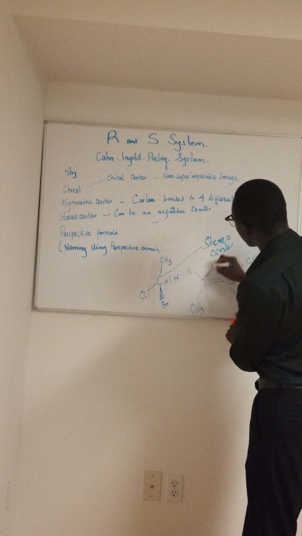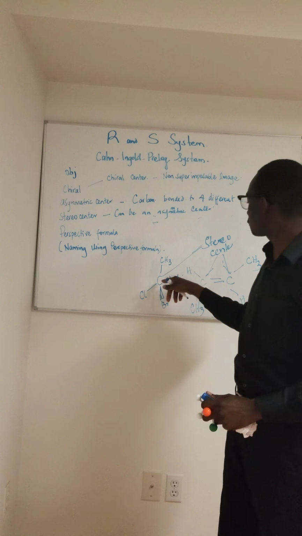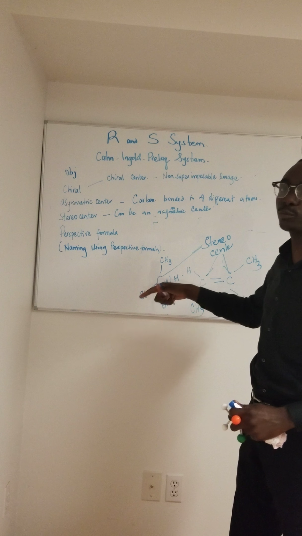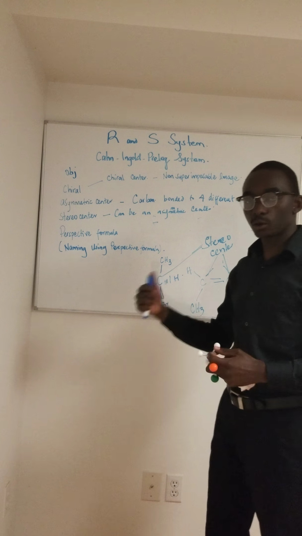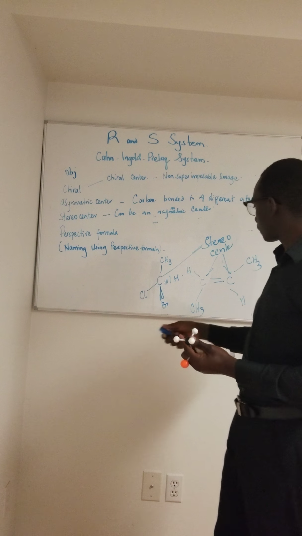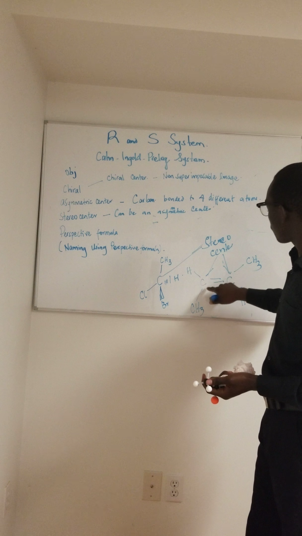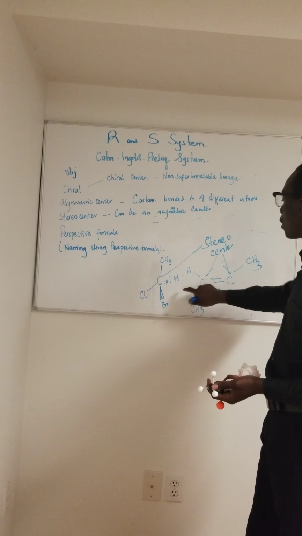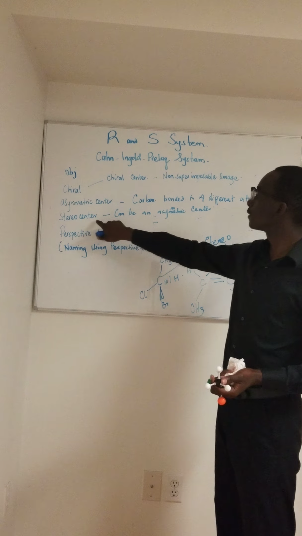All these carbons are stereocenters, meaning that if I change anything around this carbon, it will produce a new spatial compound. Now, when I look at this alkene,